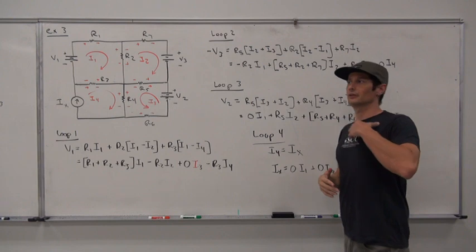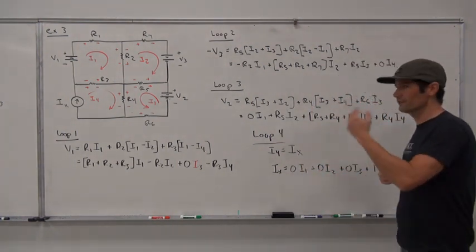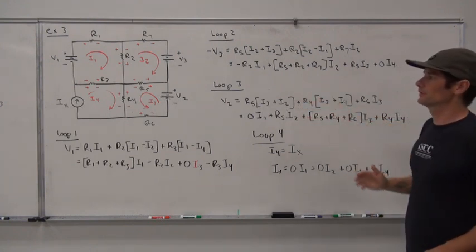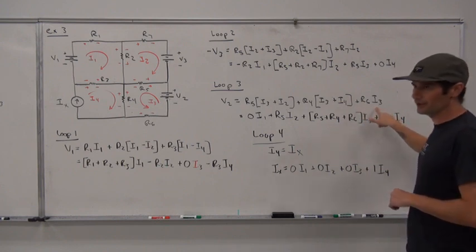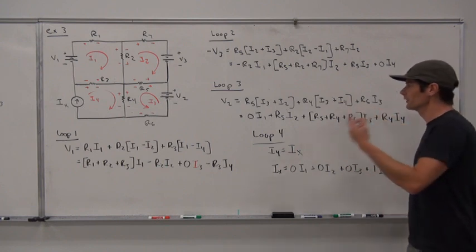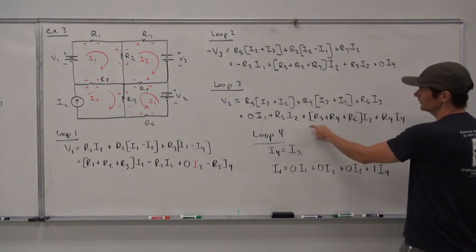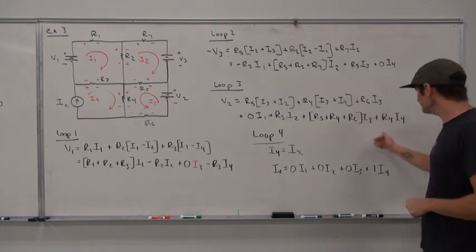Always put the loop current for the loop that you're referencing in your KVL equation first. Plus R4 times I3 plus I4, sure enough, I3 and I4 are moving together. Plus R6 times I3, we combine our like variables. Once again, we get 0 times I1 plus R5 times I2 plus R5 plus R4 plus R6 times I3